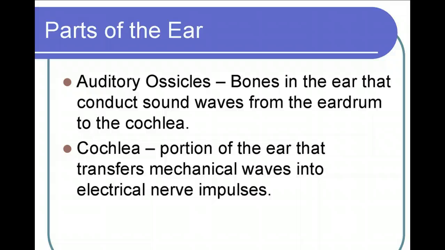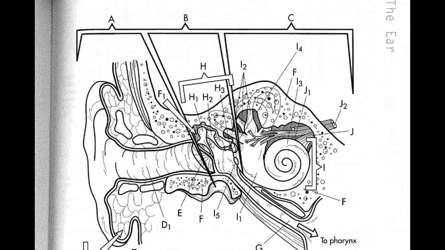Attached to the auditory ossicles is the cochlea. Now the cochlea is the portion of the ear that transfers the mechanical waves, the vibrations that we've been talking about so far, into electrical nerve impulses. And it has to be transformed into electrical impulses before it can go to the brain. Let's take a quick break here and switch over to the picture of the ear,